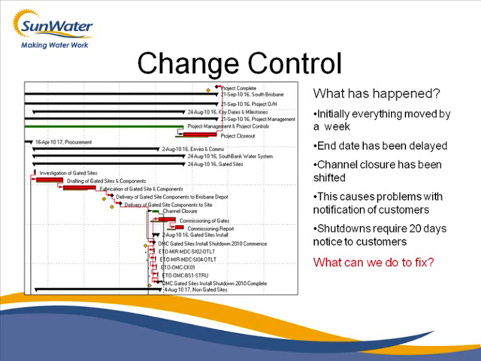Or is there other things up later on that we can cut down? The commissioning, do they need to have that longer period to do that? The project closure, does that require it? If this is really the must-be end date, then there's a lot of things we can do. But if it's not that critical, and it's no big deal if it is delayed a week, then we just